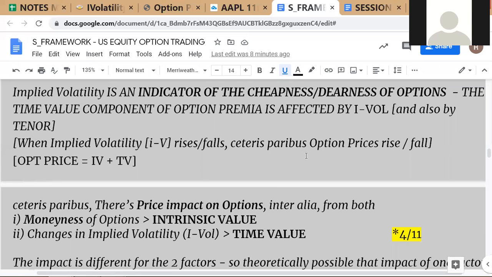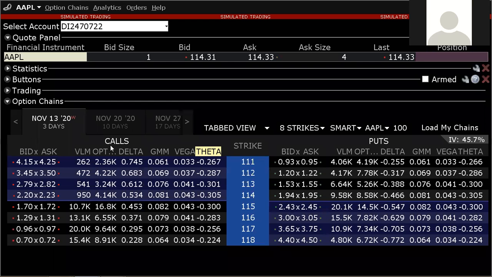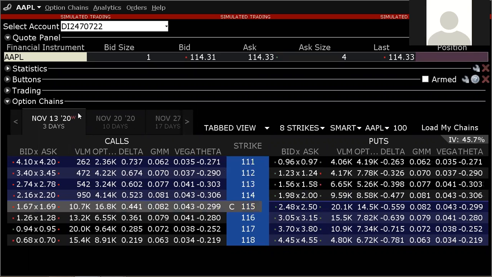And this is how you understand it, okay? That's why I wanted to open this. So from here, right clicking, I have opened the option trader for Apple. And this is one of the ways in which you can do it. You can figure out other ways to do it, where you look at,